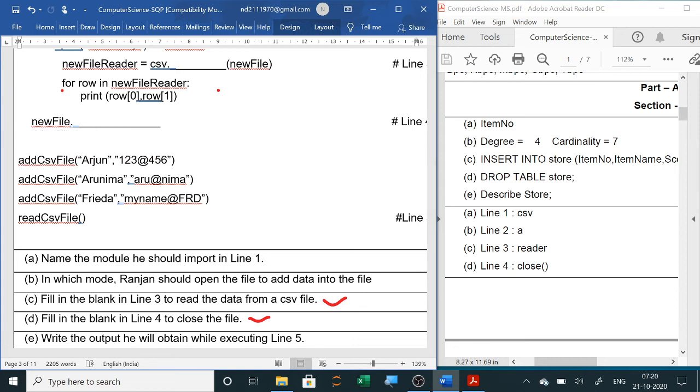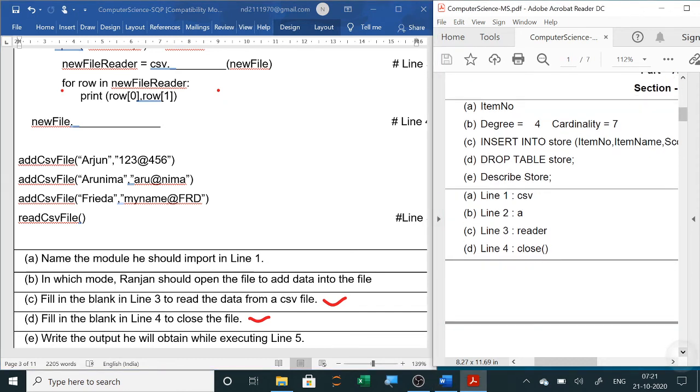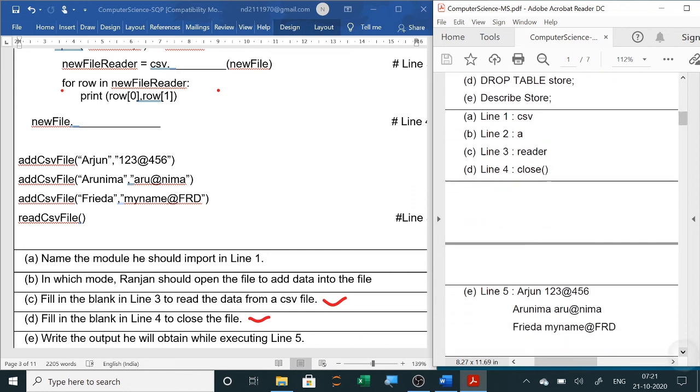Now you can see the first line is adding Arjun, 123@456. Then it is adding Arunima. Then it is adding the Freda data. Now a comma will not be there when it is adding in the table. So when it prints, the records will be displayed without commas. So you can see here the output.